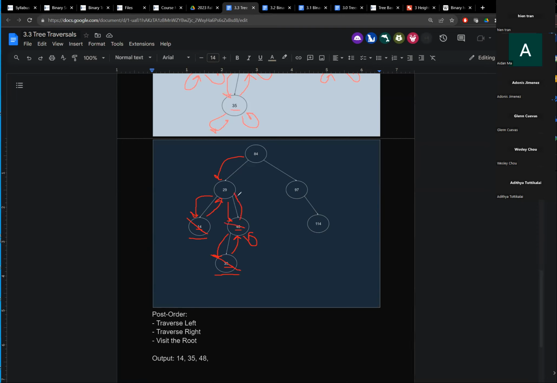Like it's not there. Come back to 29, right? So 29's subtrees are completely processed. So 29 is kind of like a leaf at this point. And we can destroy it. All right, come back to 84. 84 is not a leaf. 97 is not a leaf. 114. Knock 114 away. Then we'll have 97, and then we'll have 84. As we wrap that up, make it like it's gone. 87, like it's gone, and then back to the root. And we can output